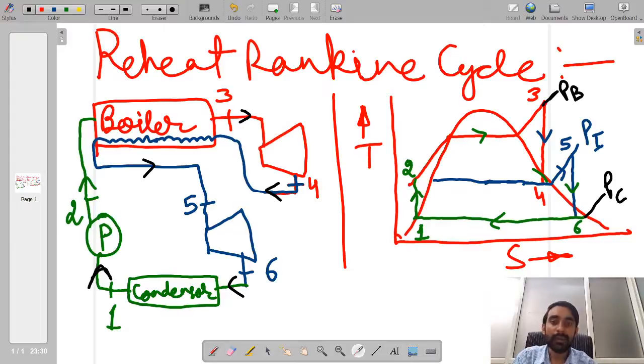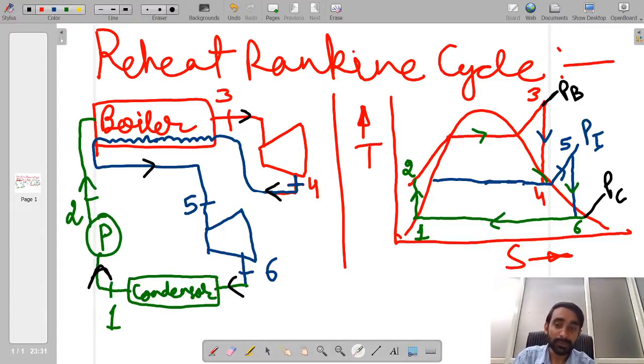However, by doing both these things, or any one of them, the quality of the steam at the exit of the turbine decreases, which is particularly detrimental for the operation of the turbine. It leads to a decrease in its efficiency, and at the same time it is also not good for the surface characteristics of the turbine blades.